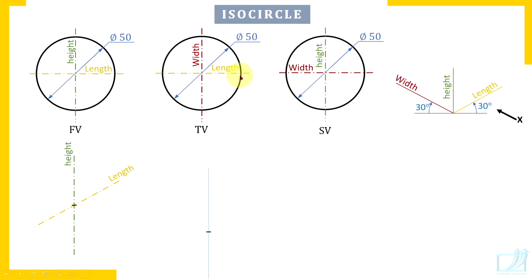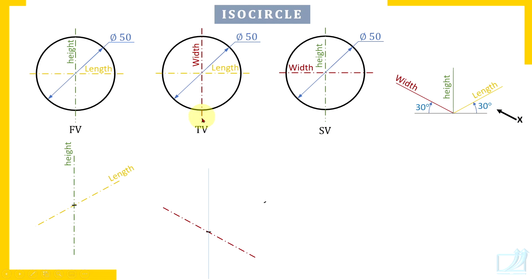Check here, the length axis in isometric view is at an angle of 30 degrees with the horizontal reference line, and the width axis also is at an angle of 30 degrees, but it is left side upwards. In this orientation you are going to draw, and the length axis right side upwards. So set the protractor in this manner and measure 60 degrees for the length axis, and check here, for the width axis you should measure 120 degrees. From this vertical reference, from 0 to 120 degrees you should measure. And this is how you can draw the width axis, that is this axis.